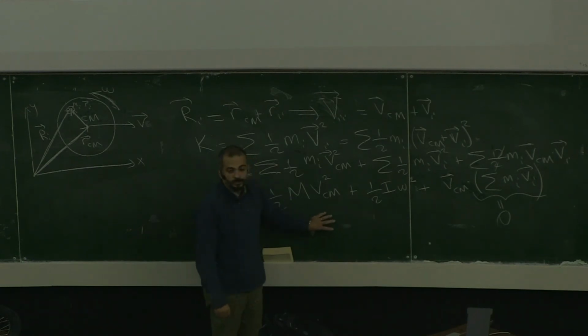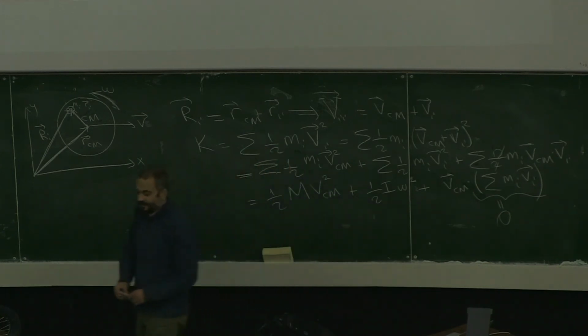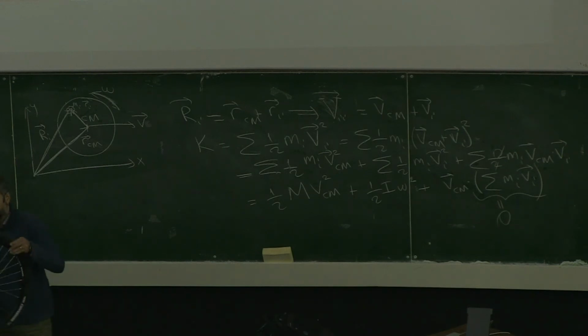The center of mass motion is just like the motion of a point mass, and the rotational motion is kind of independent of the motion of the center of mass. Now the complication here is, if you take this object,